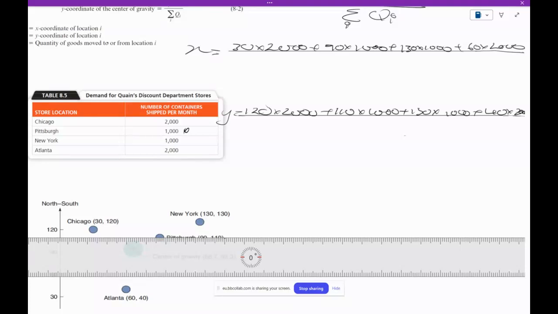Okay, then under we have 2000 plus 1000 plus 1000 plus 2000. Under here we have 2000 plus we can combine those two, 2000 plus